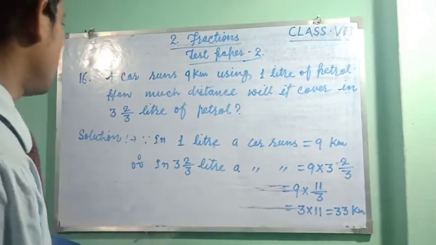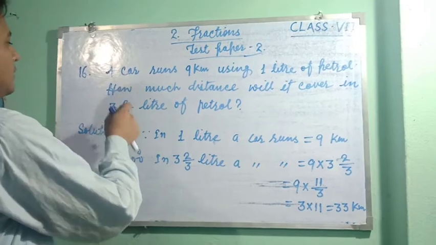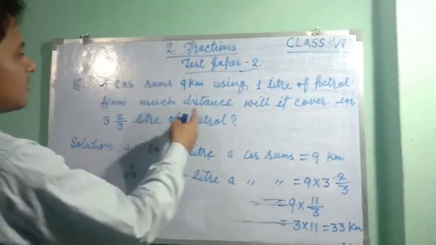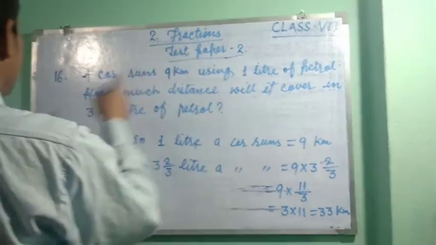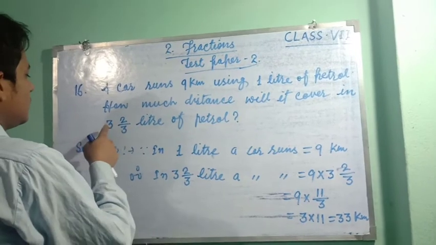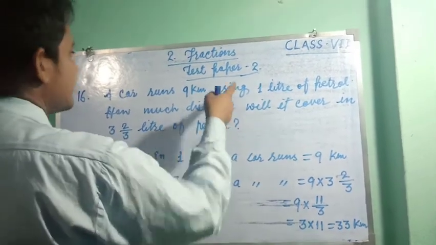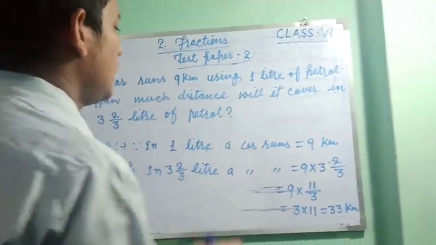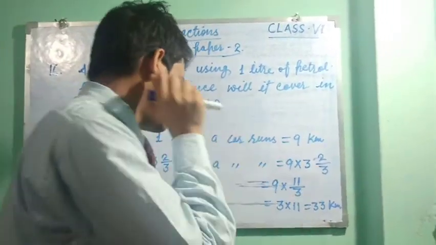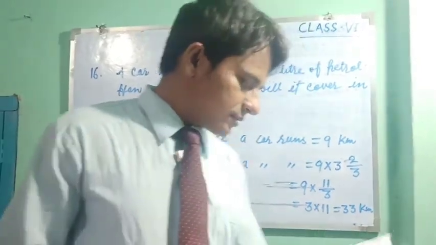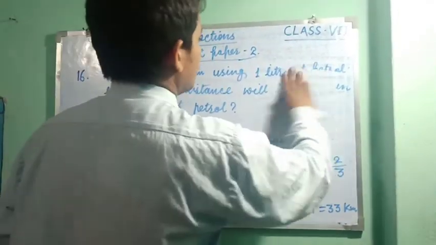That means therefore we can write that a car covers a distance of 33 kilometers using 2 by 3 liters of petrol. Okay, I hope you understood, and this is your homework. Your homework is